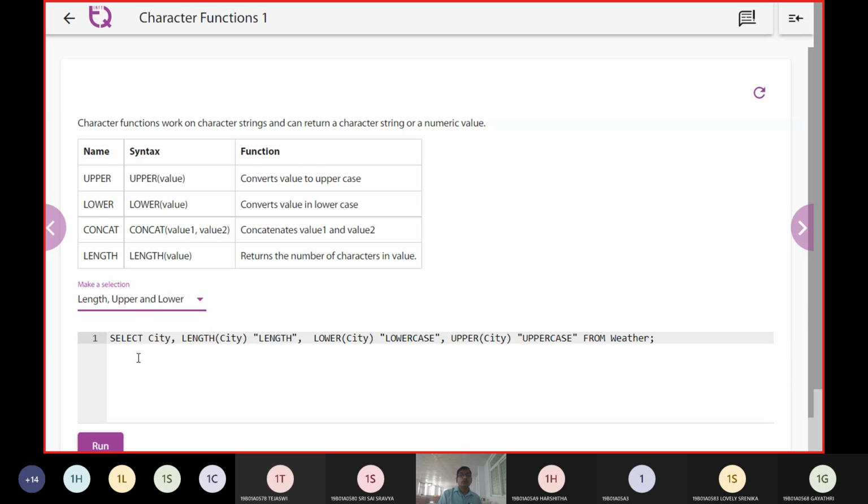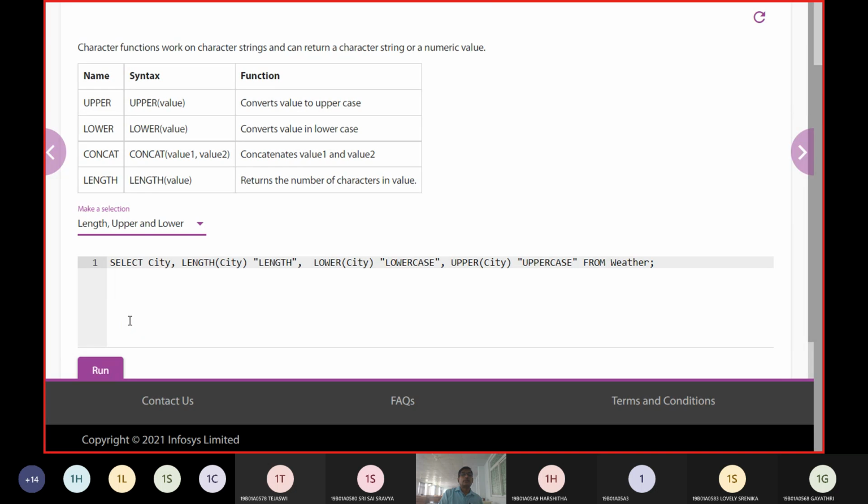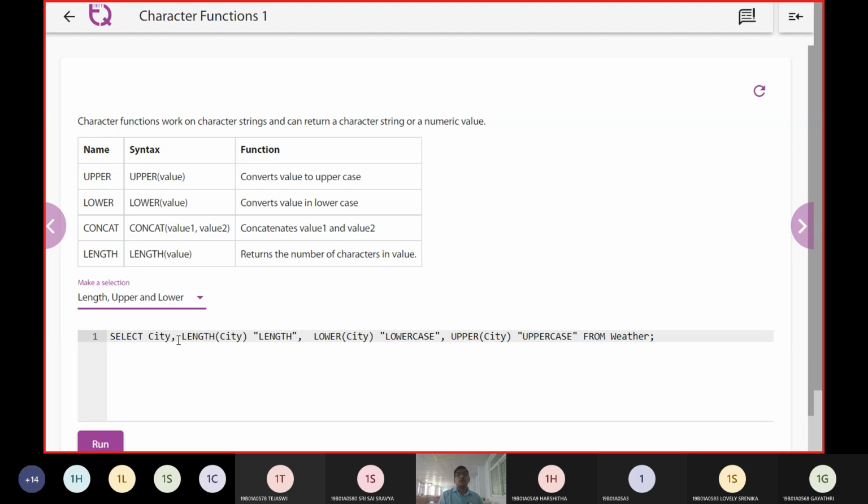So I am going to use the command here: select city, comma, length of city, lowercase of city and uppercase of city from the database, and the name of the database is weather.